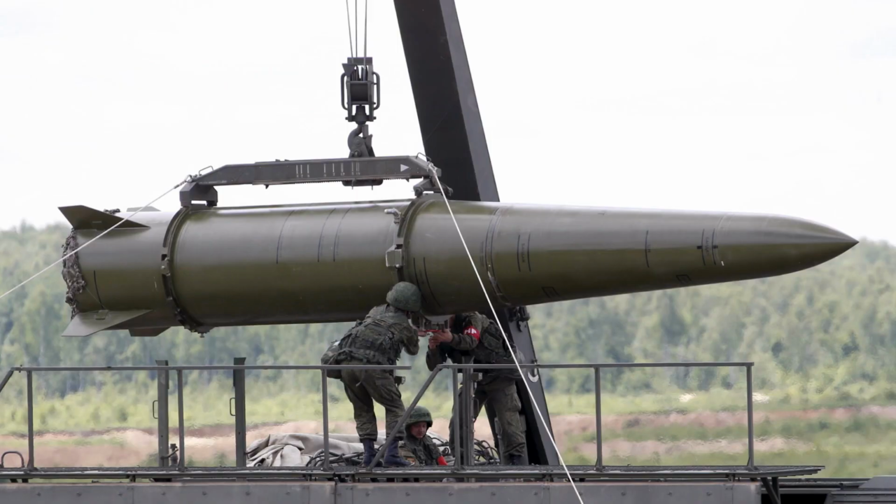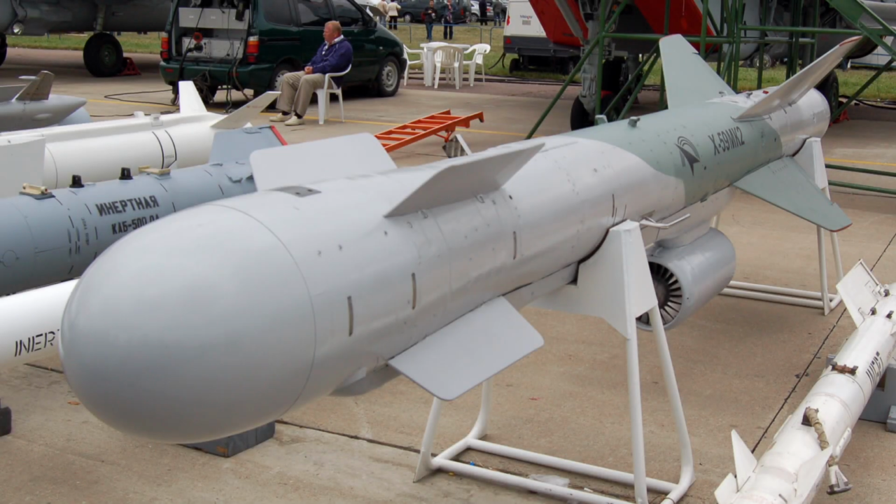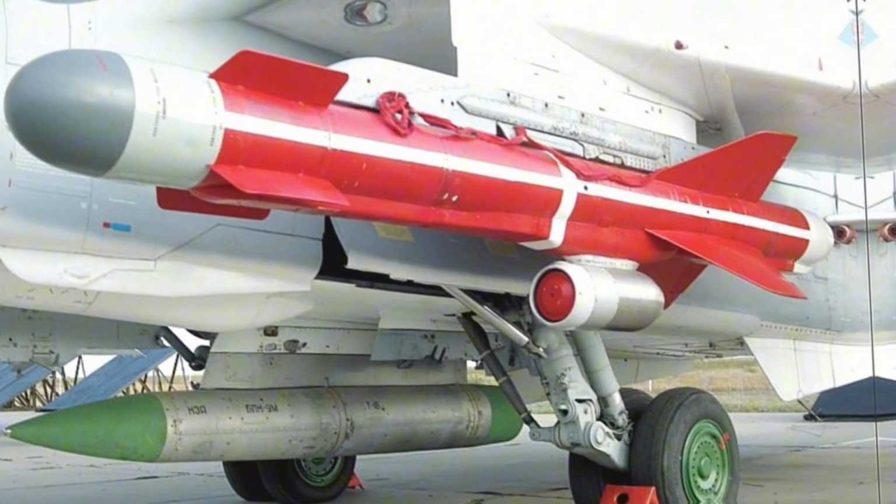Serving as the basis for advanced models that are produced to this day is the Kh-59, a two-stage cruise missile, with the first being the solid-fuel rocket engine for the initial startup, and the second being the subsonic jet turbine engine. Thanks to its great load capacity and precision, it was widely produced and even sold to other countries in the 80s and 90s,